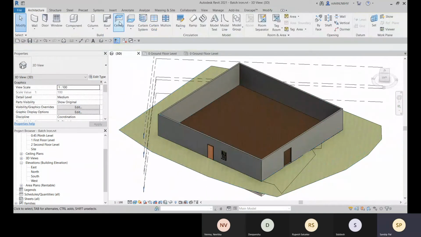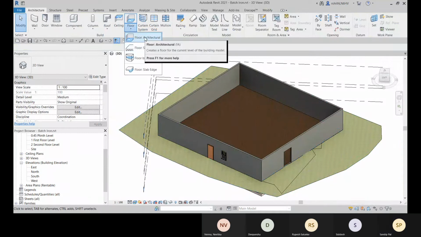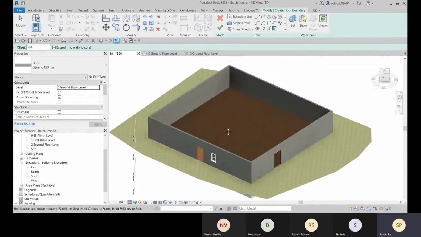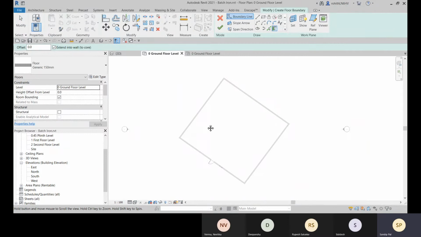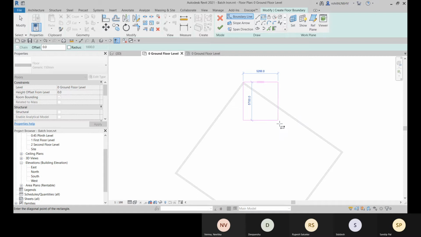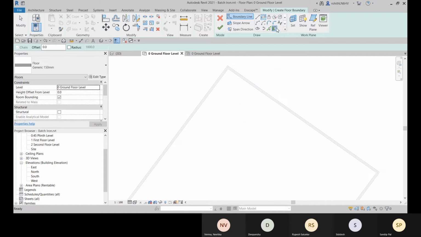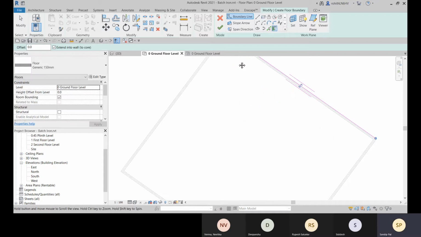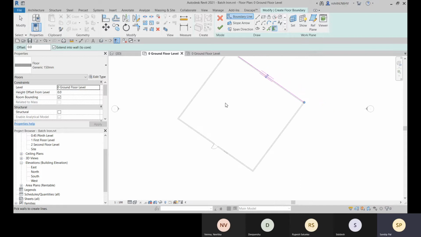Okay, now about the floor. Go for the ground floor level, and there we will create the floor. Let's pick the wall, and the first wall you select will be the span direction for your floor.